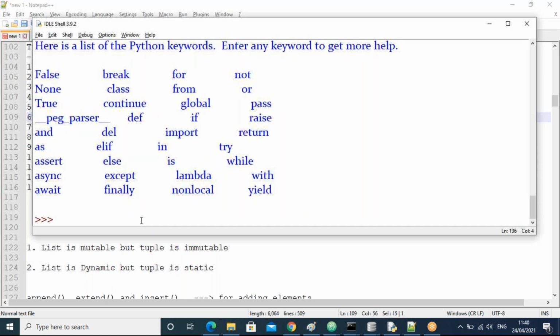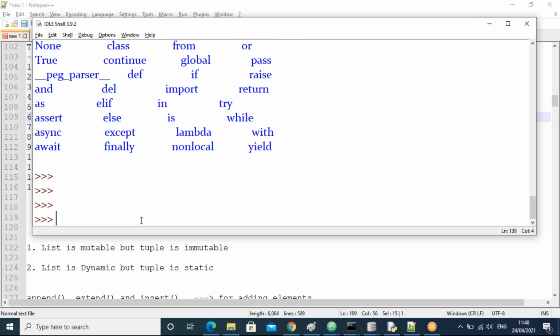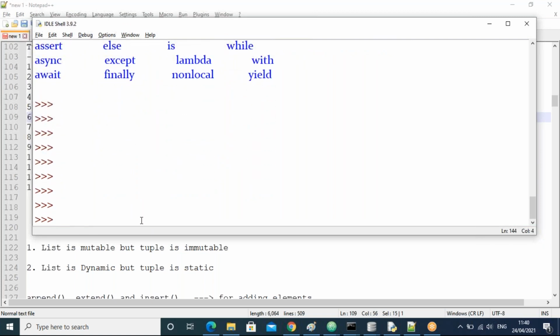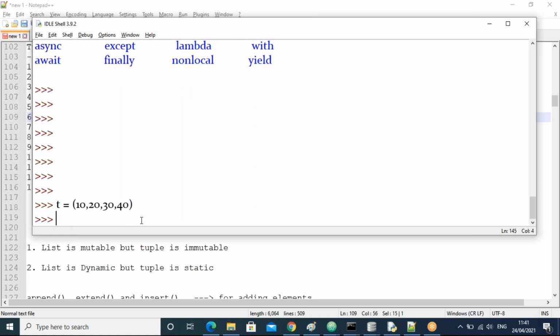I have taken one IDLE, right? I'm taking one tuple, some t equal to tuple of 10, 20, 30, 40, like this. Okay, that's t, guys. I'll take t1 equal to 1, 2, 3, 4, something like this, guys.